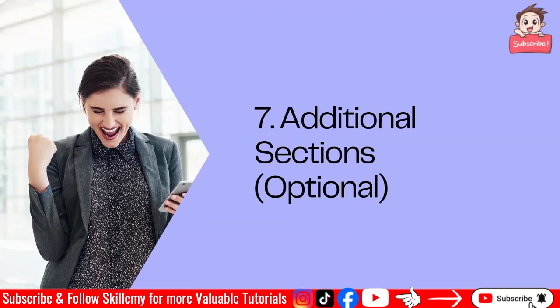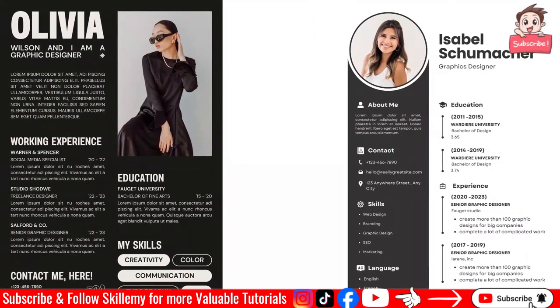So depending on your particular job and whichever job you're applying for, you can add these things over here. Here you can see the format of a particular resume. You can just check this one. All the necessary information is present in this particular resume. You can make your own resume like this.